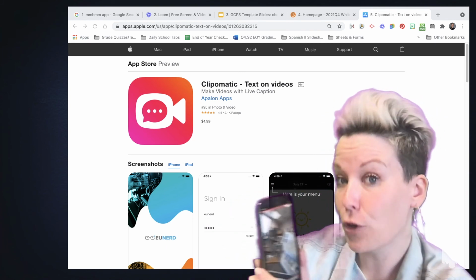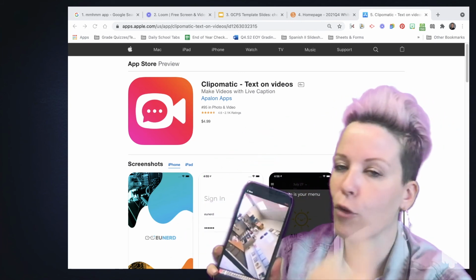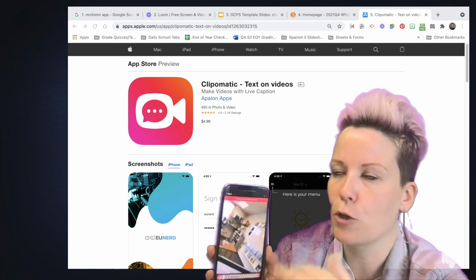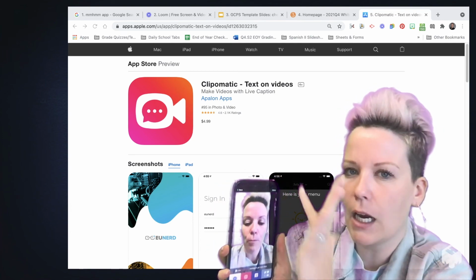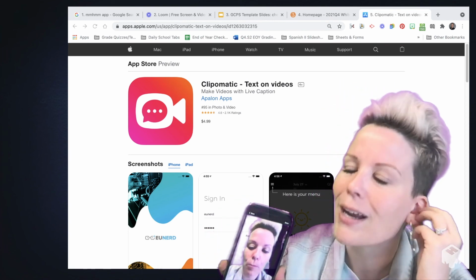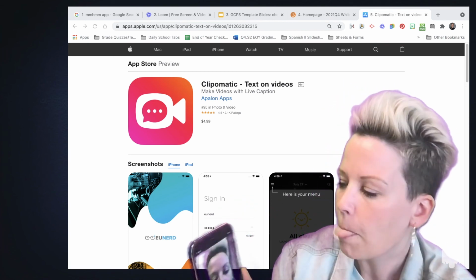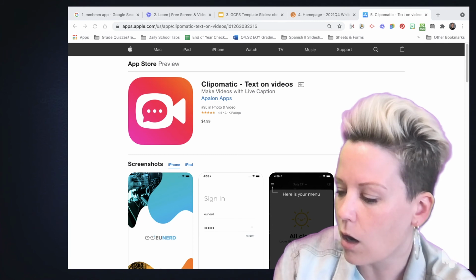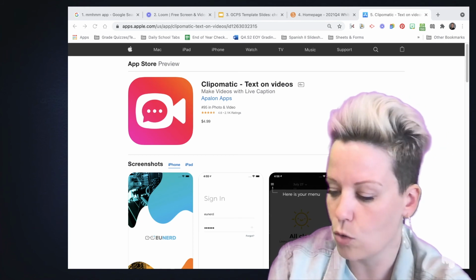But again, it's all on your phone. If that's not a comfort level for you, typing and buttoning and sharing, don't worry about it. You're not missing out. There are other ways to get captions on your things. But if you are someone who wants to,